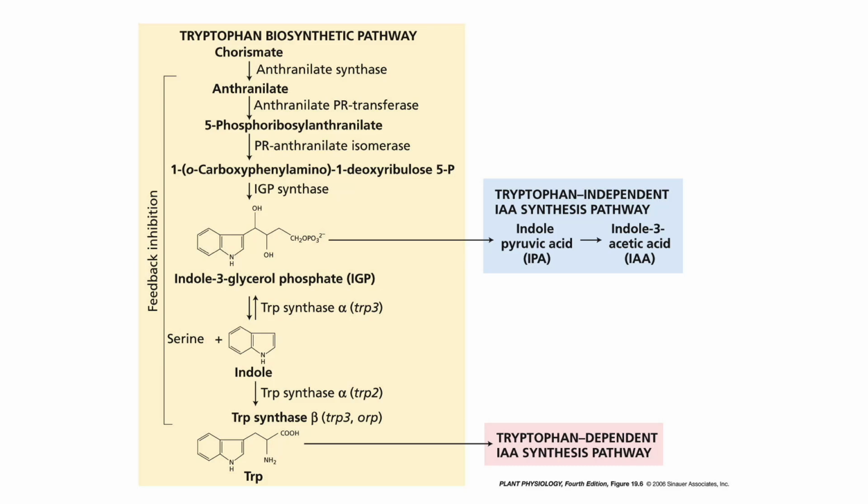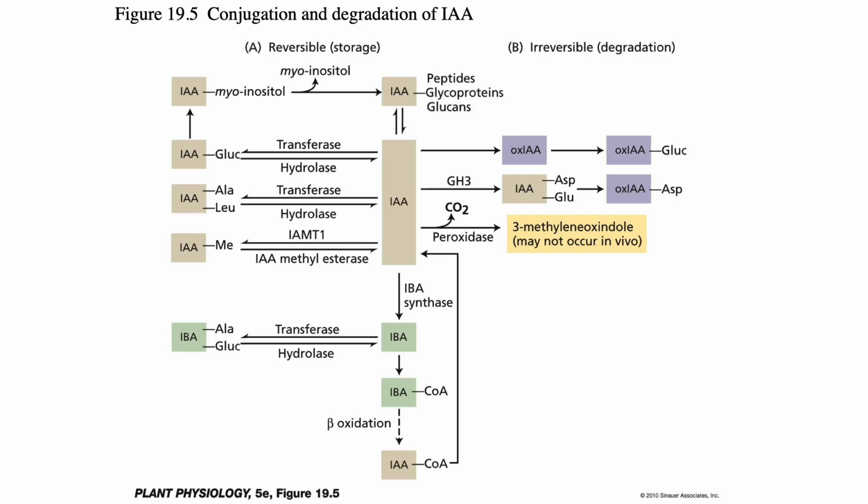These mutants have been cleverly used by plant biochemists and geneticists to dissect and identify the molecules in plant biochemical pathways. Auxin concentrations can be controlled by conjugation and catabolism. Most IAA in the plant is in a covalently bound form, which is inactive. This figure shows the structures and proposed metabolic pathways of these bound auxins.